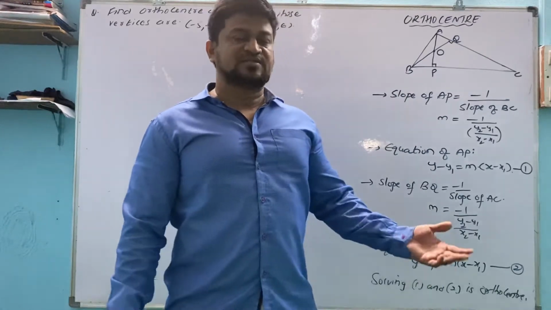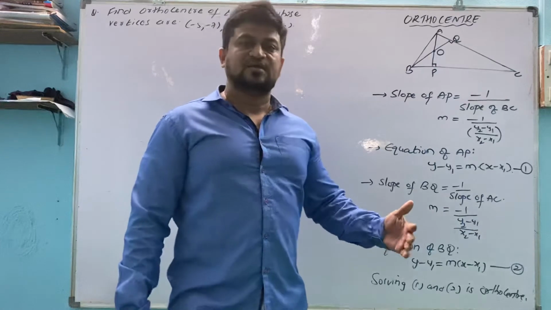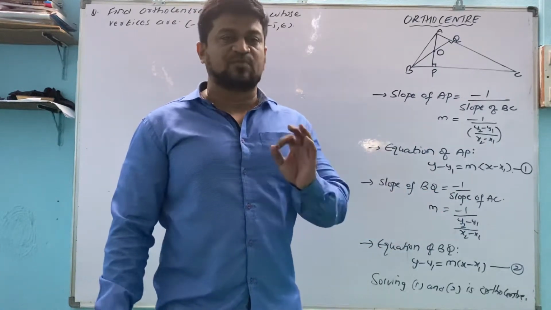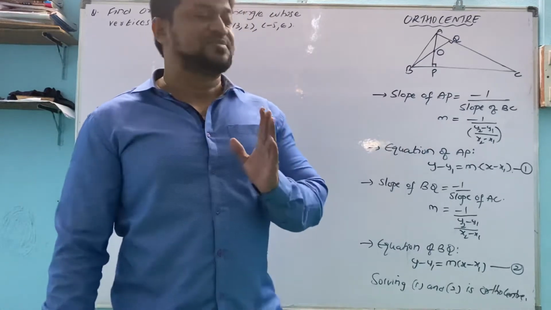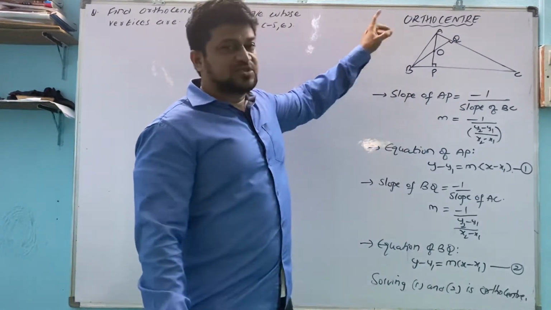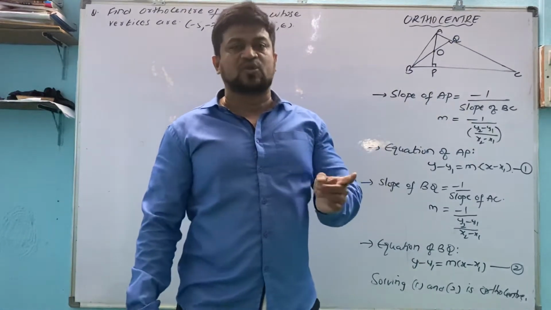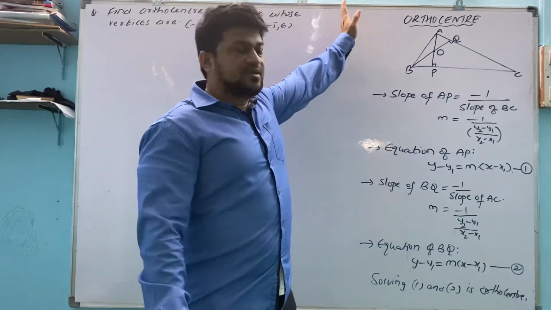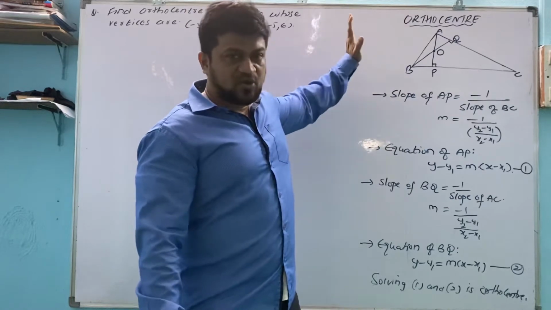Then we take S equals x comma y, with A, B, C. Then SA square equals SB square and SB square equals SC square. That is the process to find the circumcenter. Now we have the orthocenter. Out of circumcenter and orthocenter, you will get one 7 marks question in the final. So the most important ones are circumcenter and orthocenter both.